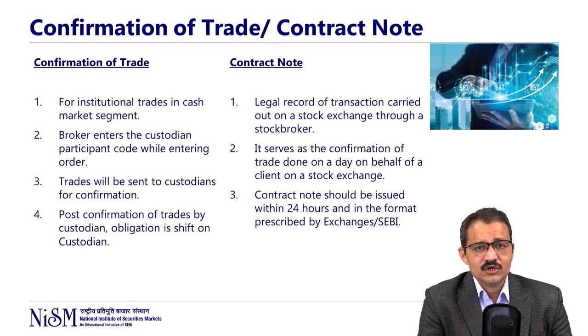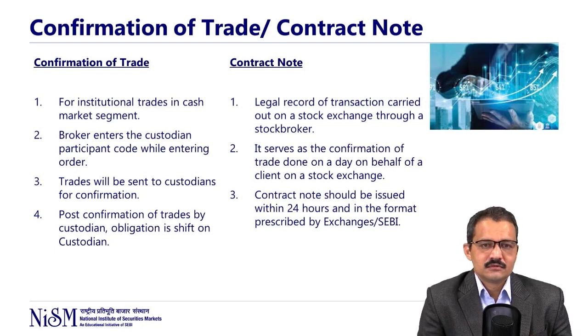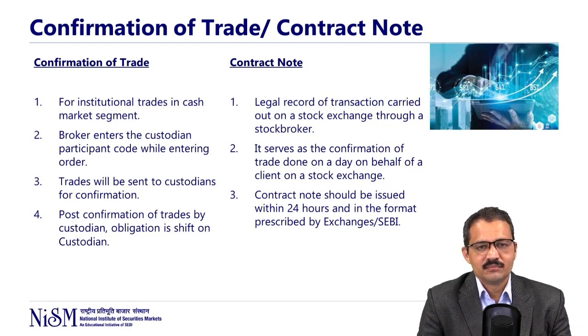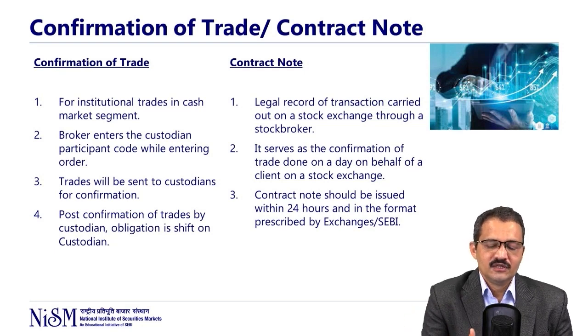And what is this contract note? Whenever any trade happens, the trading member will get the confirmation. Now he has to provide this confirmation to his client, which then legally binds the client to clear and settle those trades. That happens through the issuance of a contract note. In the contract note, the trading member confirms to the client that the trade happened on that day, the price at which it happened, the quantity, and the total obligations with regard to funds for the client, which will include some regulatory charges, brokerage, etc.